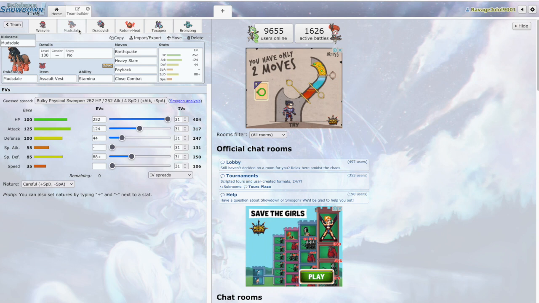I'm not too KO'd by Specs Boom Burst with Assault Vest. It does max 44%, I believe. So we have Earthquake to hit Toxtricity as a main STAB move, and we have Heavy Slam in order to hit Whimsicott, and then Payback for Shedinja, Jellicent, and Dragapult, because I believe Dragapult has a chance to get killed after one round of Stealth Rock by Payback, and we have Close Combat in order to